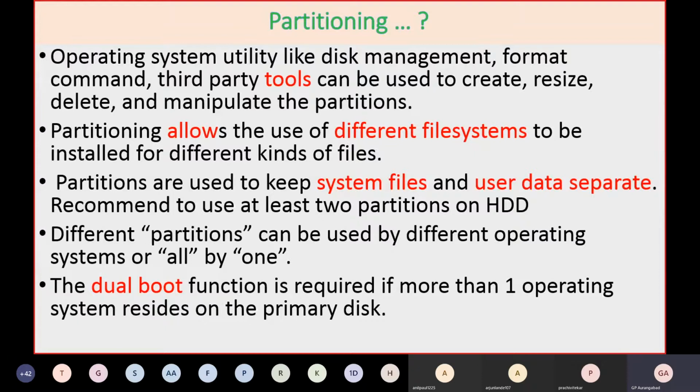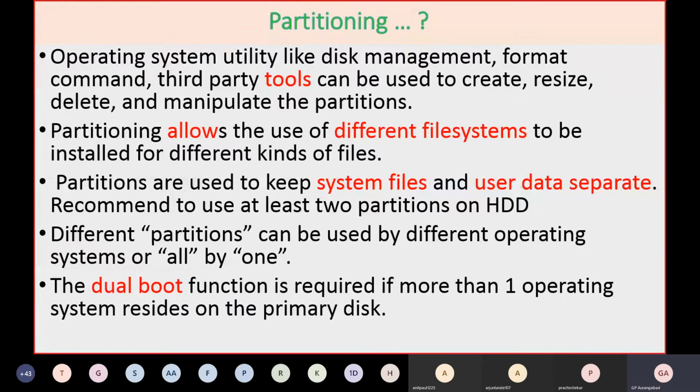Partitioning allows you to install different file systems for different kinds of files. When I say different file systems, I mean that for every operating system there is a different file system. Now, if I want to recommend how you should use your hard disk, normally your hard disk can be divided into four partitions.